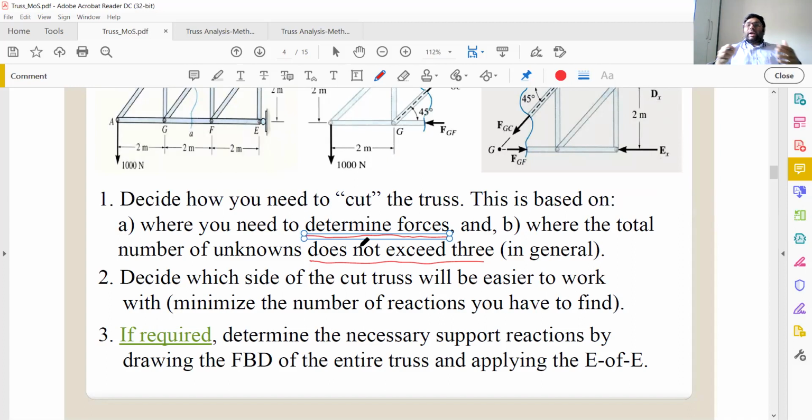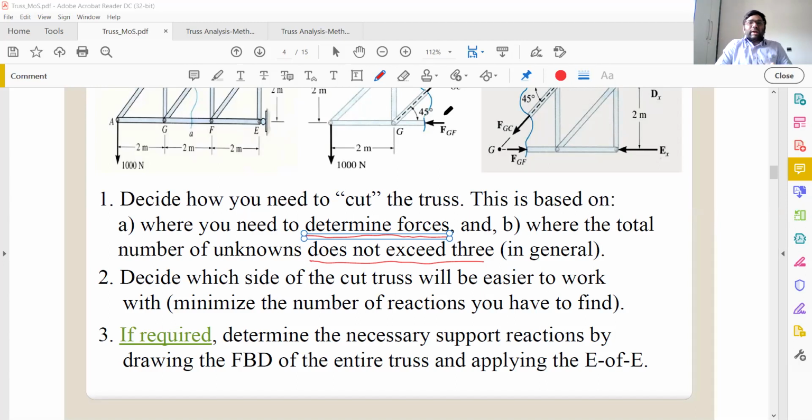If you try to see when you are traveling, there are so many members. But can we analyze the forces in all the members? Is it that easy? No, definitely not. Okay, I know how to choose the method of joints, so can I go ahead with it? Yes, I can. But how long will it take me to go with the method of joints? These are some questions we need to ask.